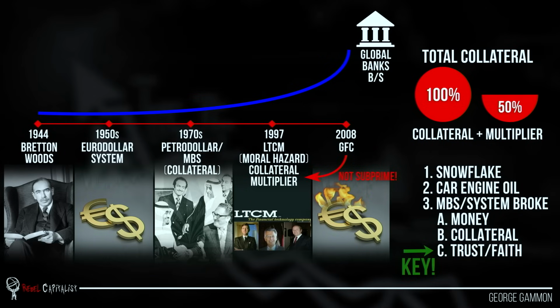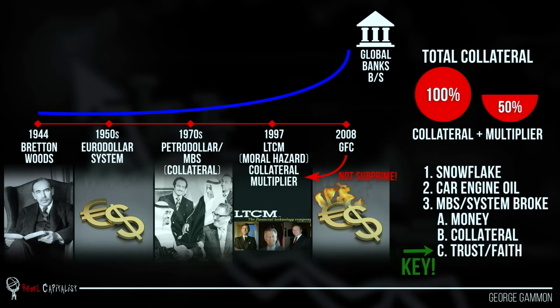Like I said, I don't think it was a subprime issue. And another way to think about this is it's like that avalanche that goes all the way down the mountain. Was that avalanche a result of that last snowflake, or was it a result of all the snowflakes that preceded it? I would argue it was all the snowflakes that preceded it. Same thing with the GFC. Another example would be a car that is leaking oil. Let's say that car breaks down, the engine seizes because it runs out of oil. Was the problem that it didn't have the oil, or was the problem that it had an oil leak? And this is the exact same thing that I believe happened with the GFC.